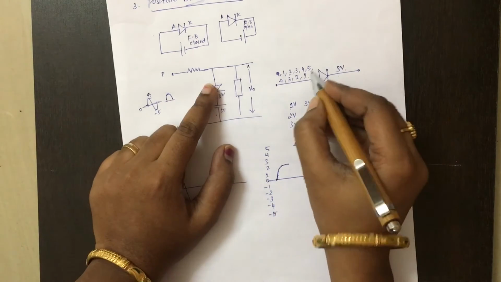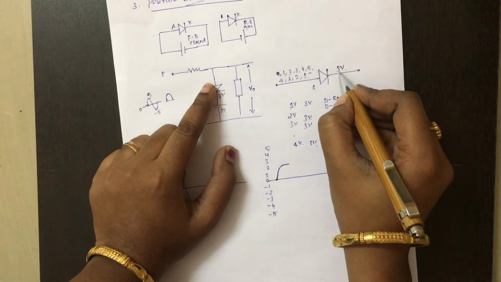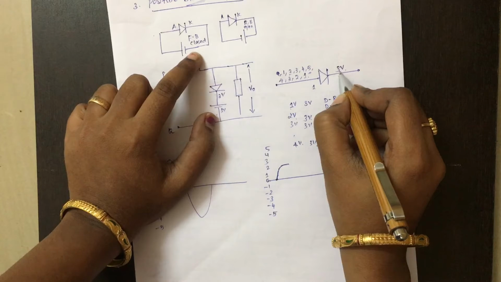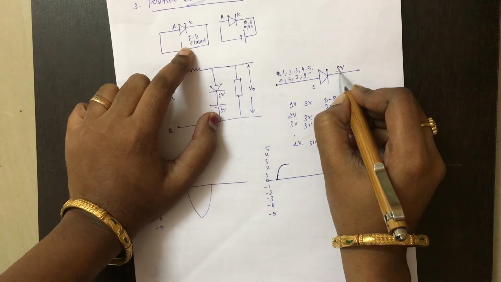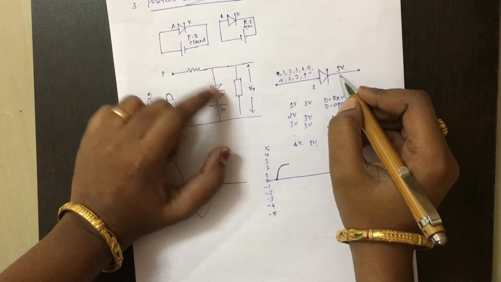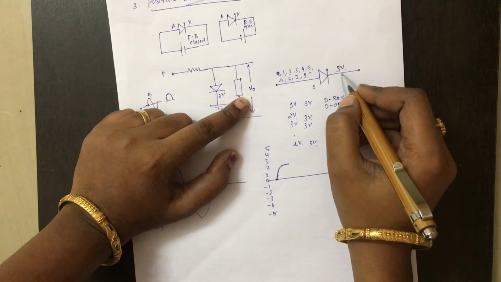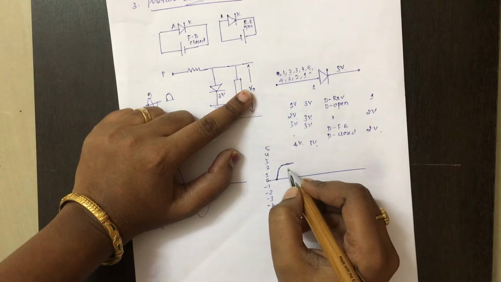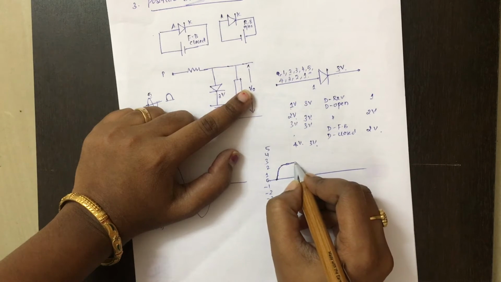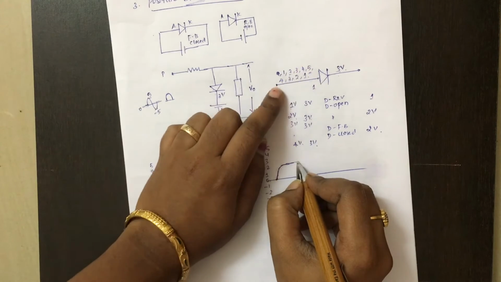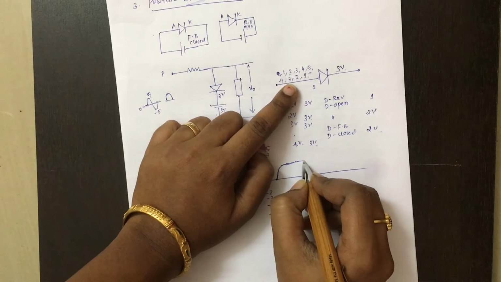So again you will apply 5 volt. 5 is greater than 3. So anode is greater than cathode. So this condition, forward bias, closed. When it is closed, all the current will flow across the diode and no current will flow. So again no current at the output. So it will remain the same for 3 volt, 4 volt, 5 volt, because all are greater values. Then again back to 4 volt, then back to 3 volt.